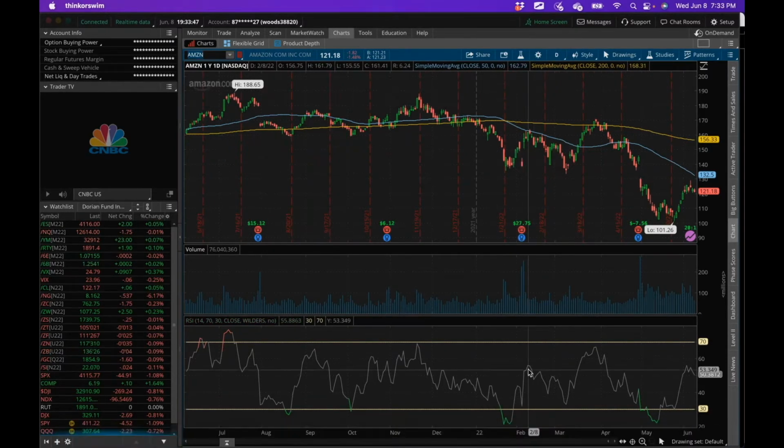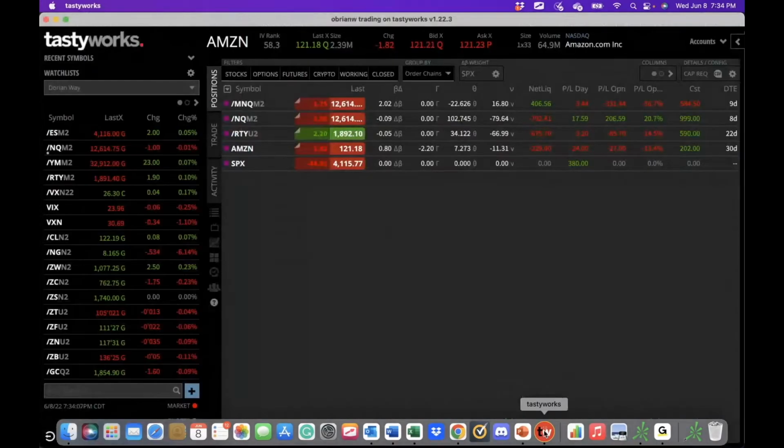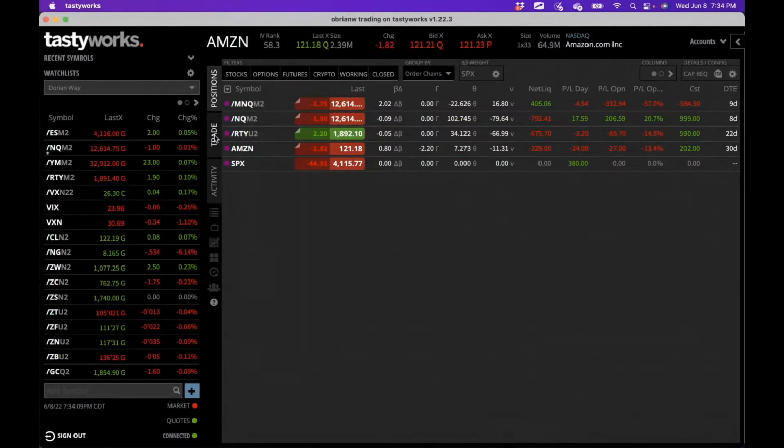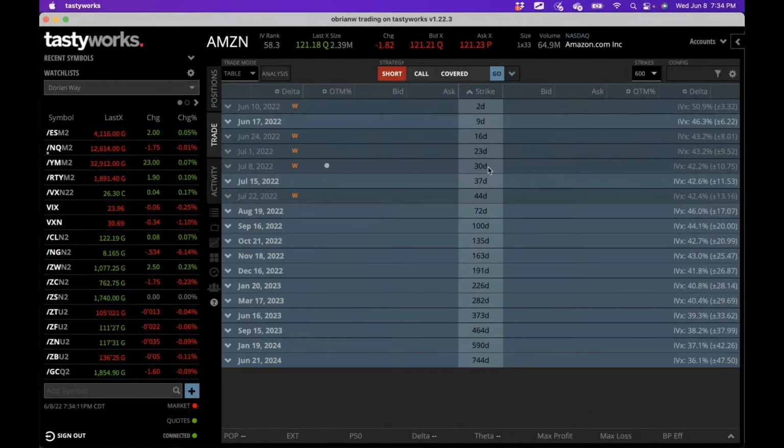So you want to be able to determine where your risk lies before you put on a trade and your probabilities, and then you want to know as the trade is progressing what is that current risk, and what is that current probability of success. So let's break this down a little bit and let's go over to this Amazon